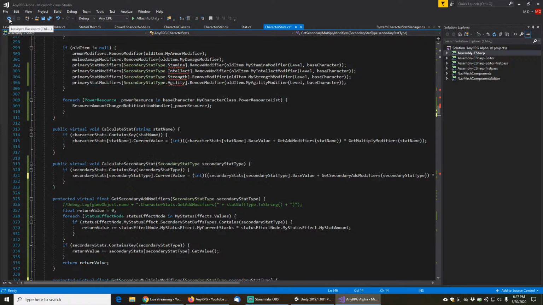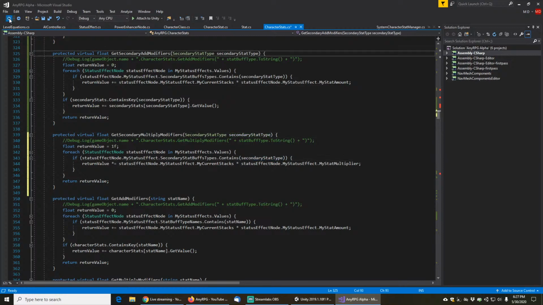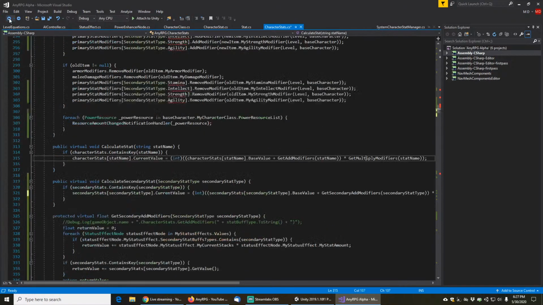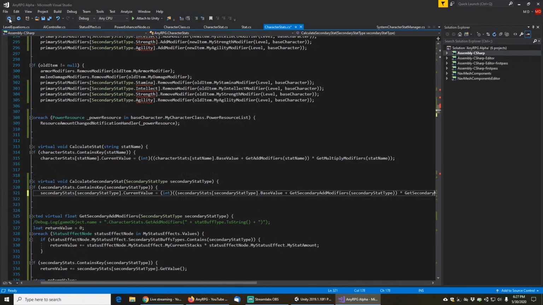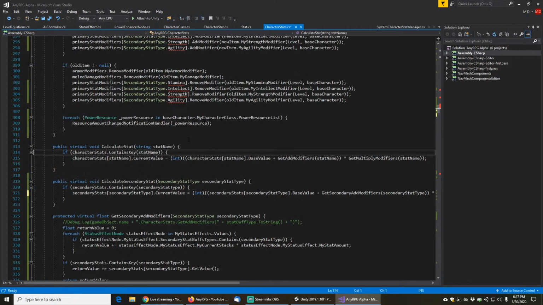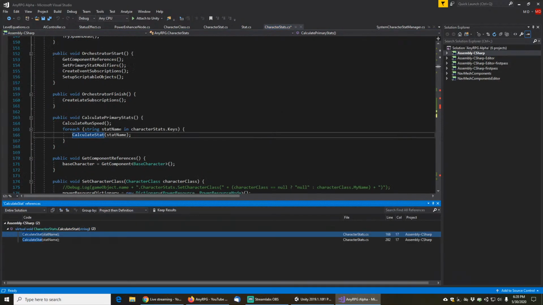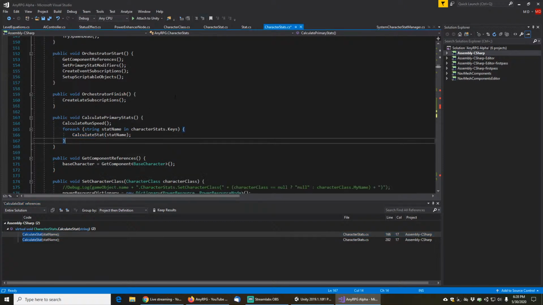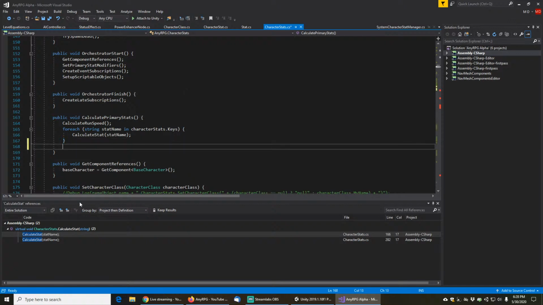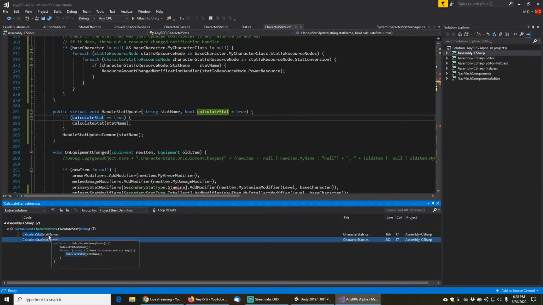So now I think what we need to do is we need to back up a little bit and just keep on backing up here until we get back to the point where we were actually calling those. So let's find all references to calculate stat. There, so we have calculate primary stats. Just going to calculate secondary stats too, because essentially as soon as our primary stats change, then our secondary stats by definition